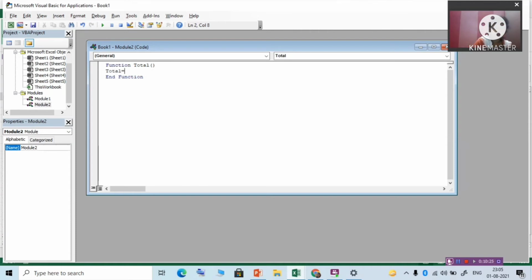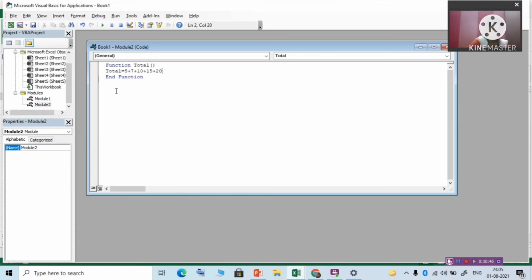Suppose that Total function will add 5 numbers, 5 plus. Then End Function will be there automatically.